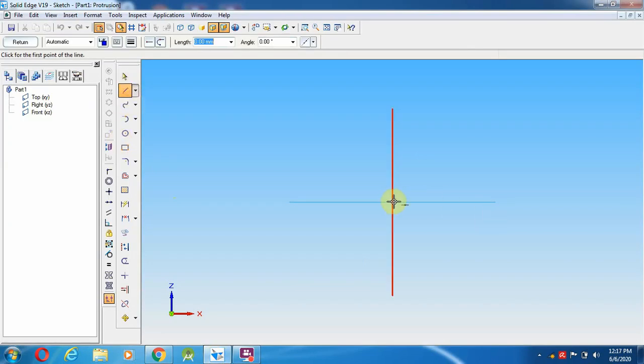From the line I am going to start with the 50 mm distance, 50, and angle is 0, enter, and height is 45 plus 3, 48, enter, and again 25 mm.